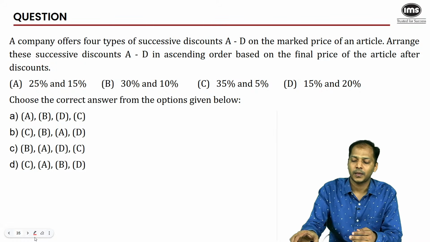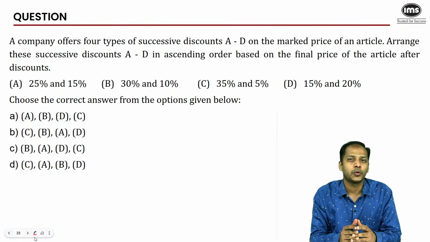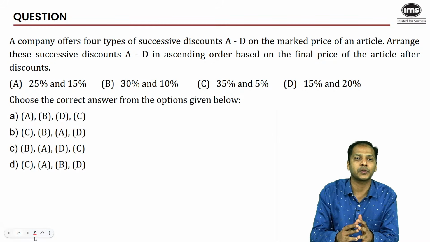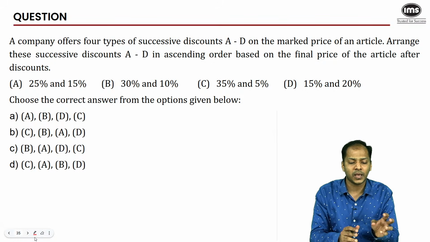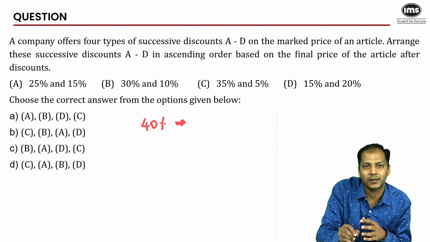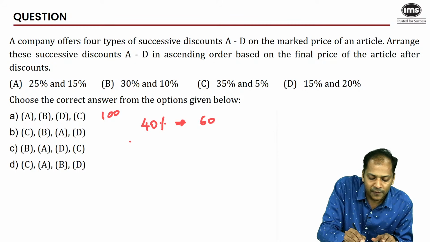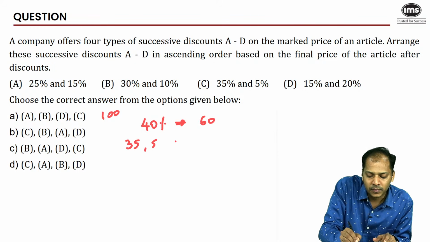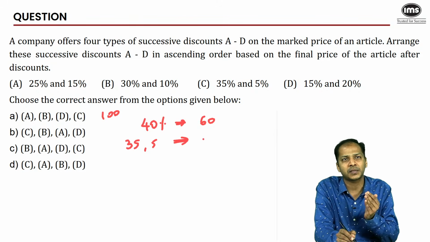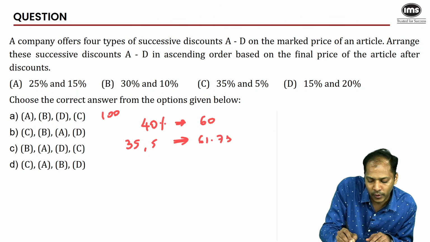One minute is up. Now, normally, if you were someone who would have thought about these concepts of consecutive discounts, there were questions related to such things in your class exercises of profit and loss as well. Now, if you think about it, if I give a straight 40% discount on an article, on a 100 rupee article, you'll basically be buying it for 60. If I give you 35 and then 5, first of all 100 would become a 65, and then on 65 I'll give you a 5% discount. So 5% of 65 would be 3.25, and roughly you'll be purchasing it at 61.75.